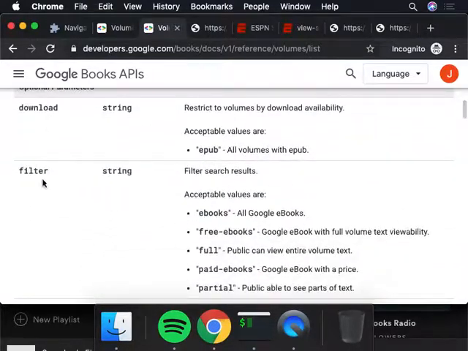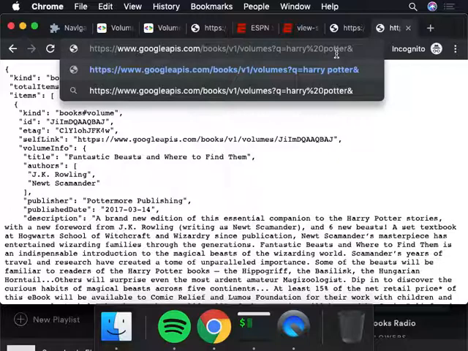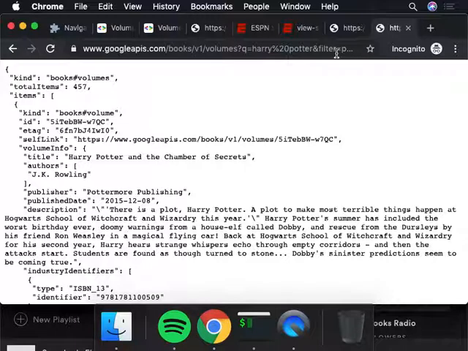We wanted to do the filter. So this would be filter, and I want to look for just partial. So how do I do that? Filter equals partial. What else? Exactly right. I need the ampersand to separate, in order to say I'm about to do a new query parameter, and then I need filter equals partial. And we can see that my response changed. Now the first item is Harry Potter and the Chamber of Secrets. It's further filtered information.